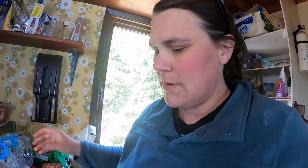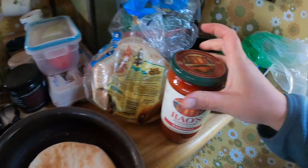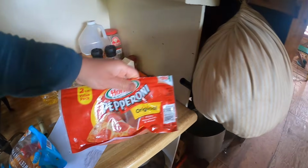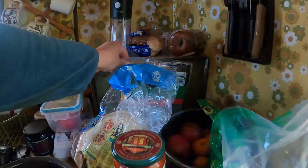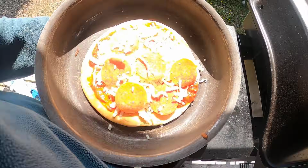For lunch today, I'm going to make some little flatbread pizzas. I'm going to attempt to make them on the grill outside. Just have them in these containers. You need some marinara, some pepperonis, and I have some mozzarella cheese. I could probably put them right on the grill, but I'm just going to...